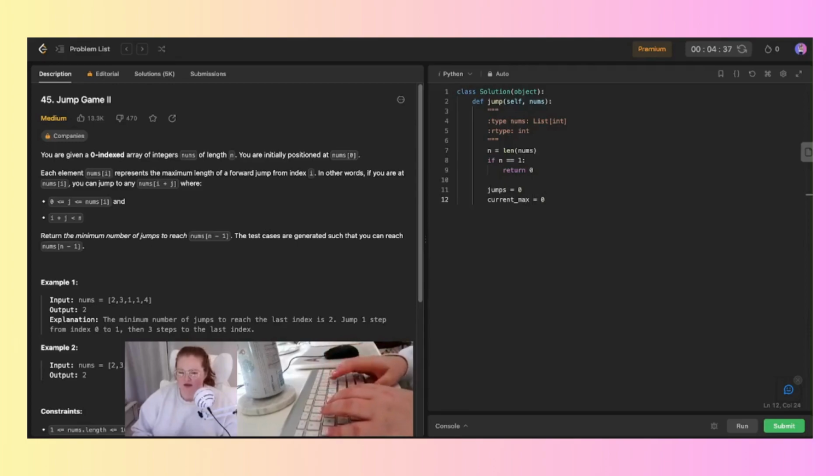And the reason I'm going to do this current max situation is so that once we reach that last index, we can say if current max is greater than or equal to n minus 1, then we can break and then return the jumps. And then we're also going to initialize the maximum index that it can reach with the next set of jumps, but we're initializing it to 0. So we're going to then break it down to, for i in range,